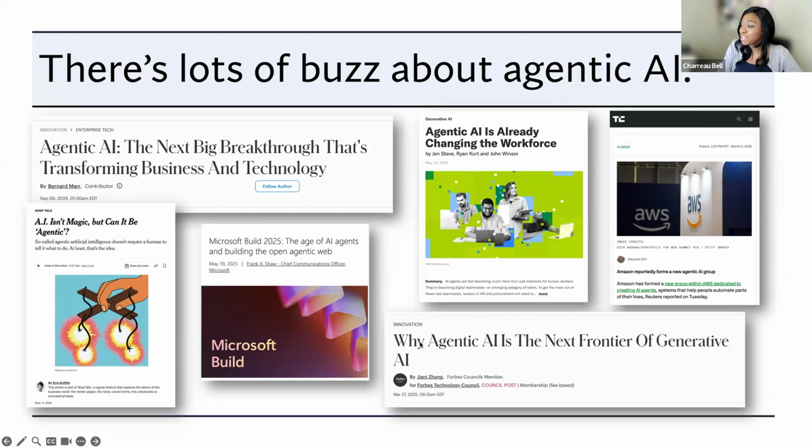Interestingly, we can also see that there's another headline by Forbes, and it's talking about agentic AI as the new frontier of generative AI. And so what is all this hubbub about? What are we talking about? Why is agentic AI the special thing that is somehow different from generative AI, because it's the frontier? Okay, so what is it? Let's talk about it.